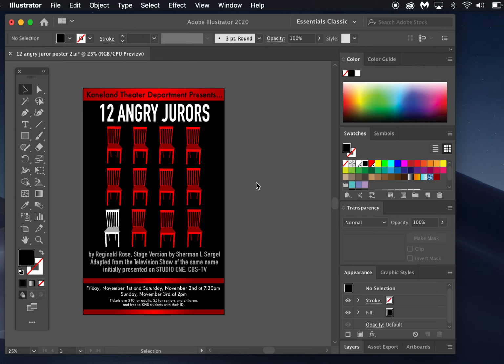So when you start working on something like a poster, you're going to have one layout, such as this one, and you're always going to try to incorporate other types of principles of design. So while we have this one layout, we want to take a look at other layouts that we might use. We look at this whole page as a layout, and then each one of these components would be considered an